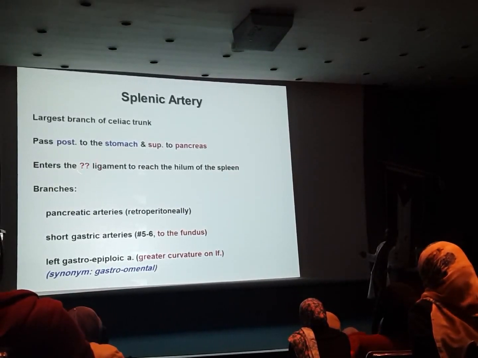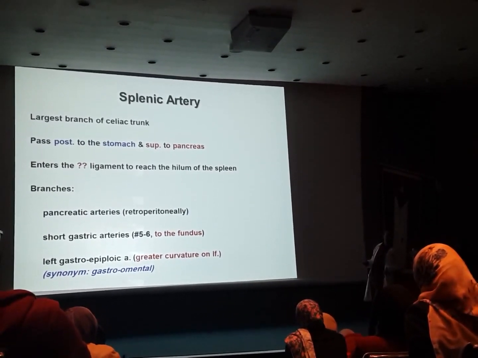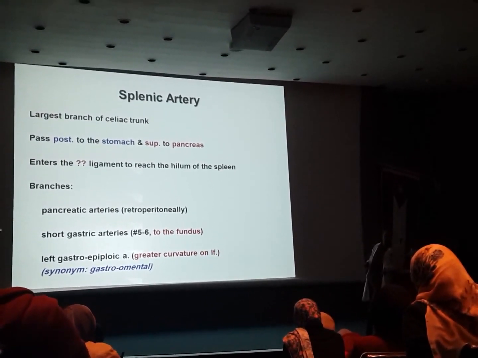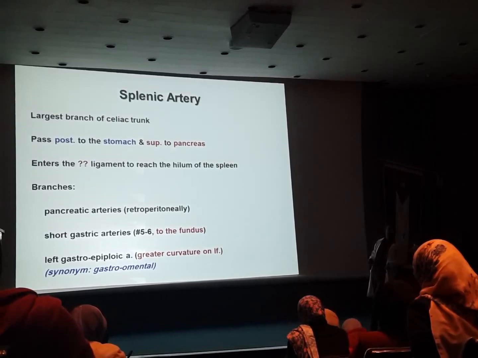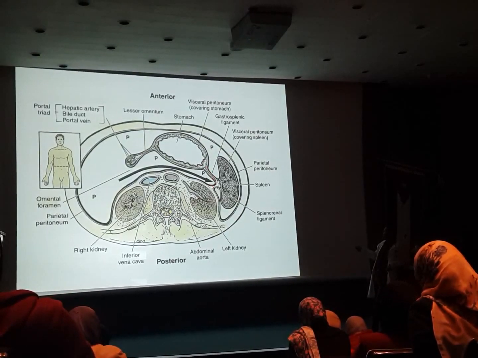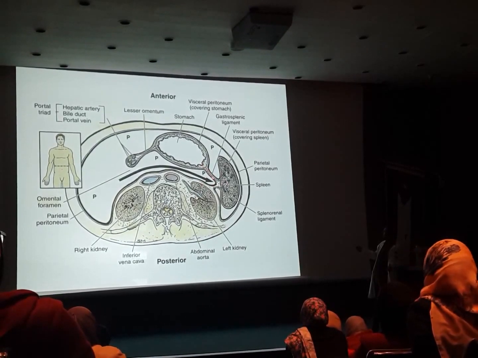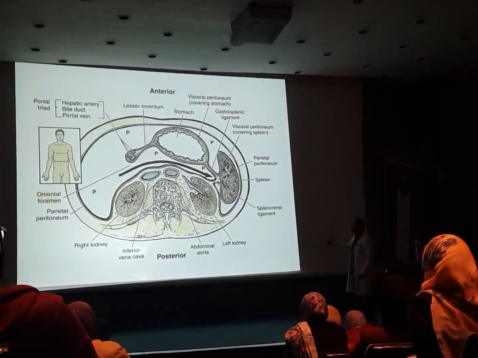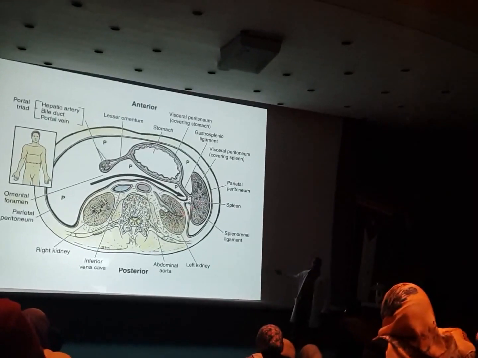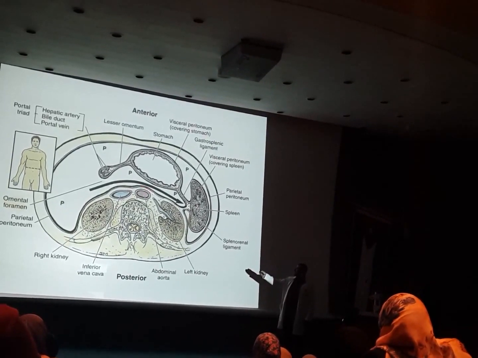It enters which ligament now? Since it's retroperitoneal, it needs to go to the spleen. Splenico-renal. Do you remember when we spoke here, we have this ligament and this ligament. We said this is the gastrosplenic, which is part of, yes, greater omentum. But this one, which connects the spleen with the posterior abdominal wall, is splenico-renal. This is the aorta. Celiac trunk will come from here. We'll give the splenic, which will